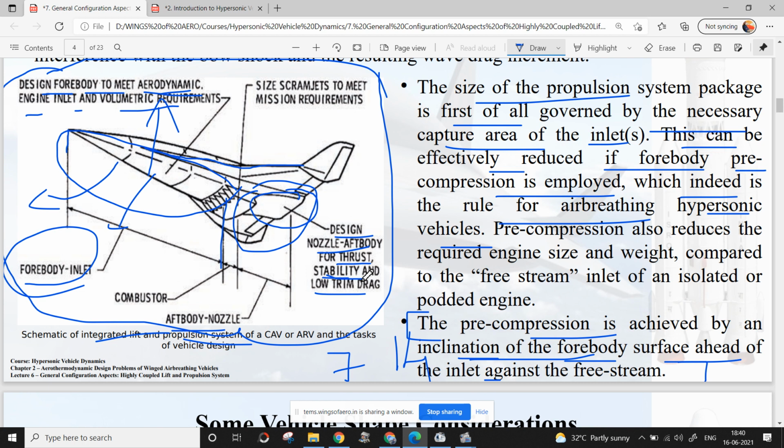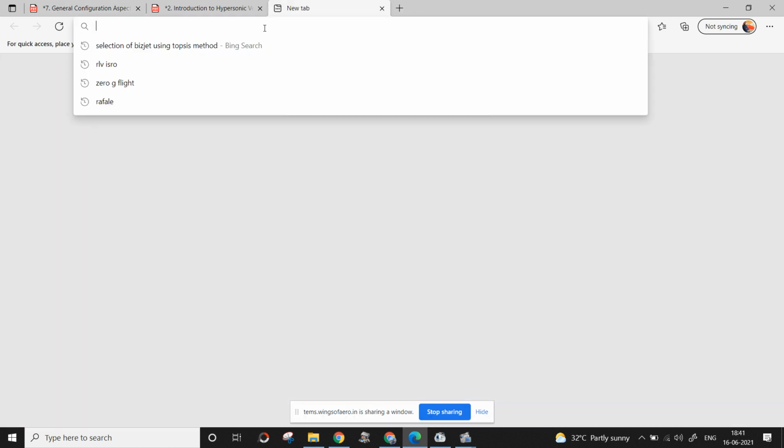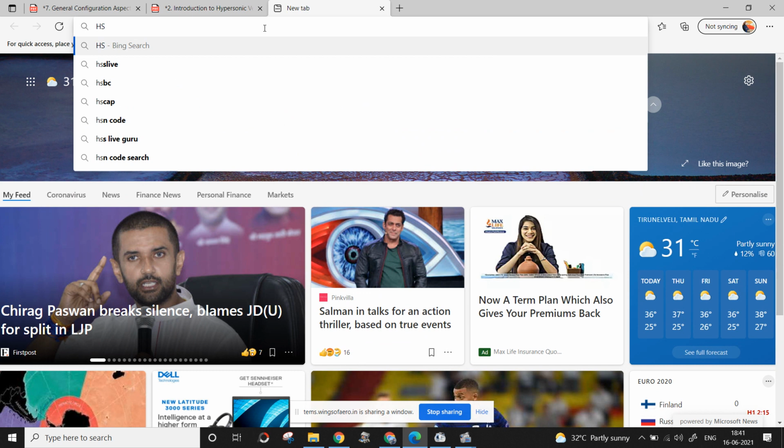Okay, so how it is going to help for stability, that we need to study, right? Because we can simply say that there is a nozzle and it is going to be helpful for stability. Thrust, okay, we can understand the nozzle is going to help for thrust, but how is it going to help for stability and control of the cruise and acceleration vehicle? So before thinking too much about this configuration, India has also developed a similar replica of this work, and they have done successful testing. So how have they done that? HSDTV.